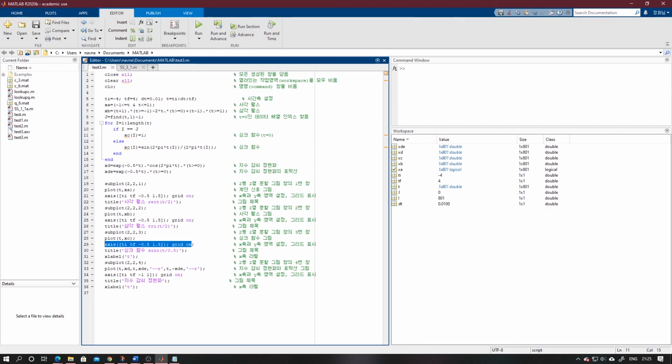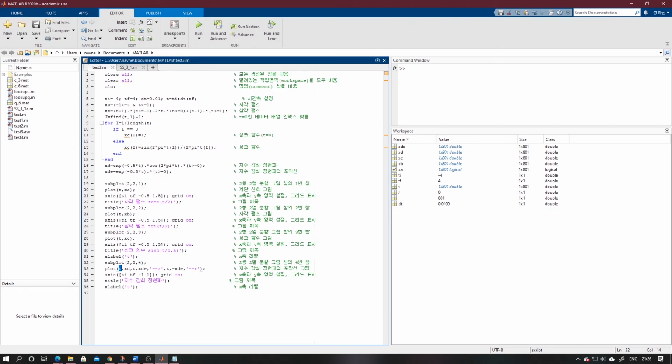And same, then we will define its values also, and the grid function is also on for this, and provide the title for it. And next the x, and also define the x label on it, that is t.